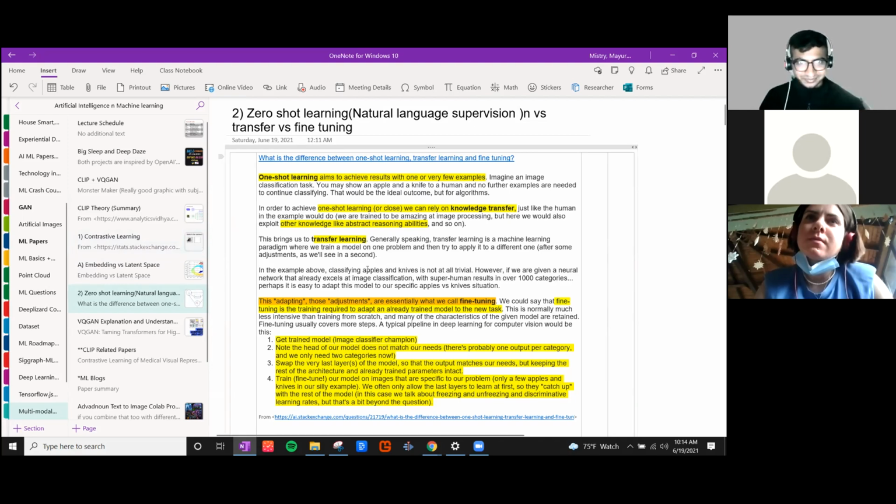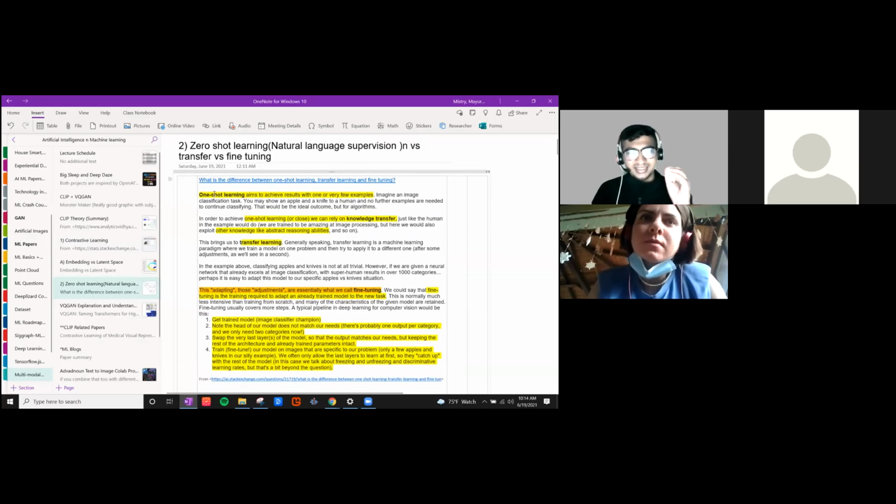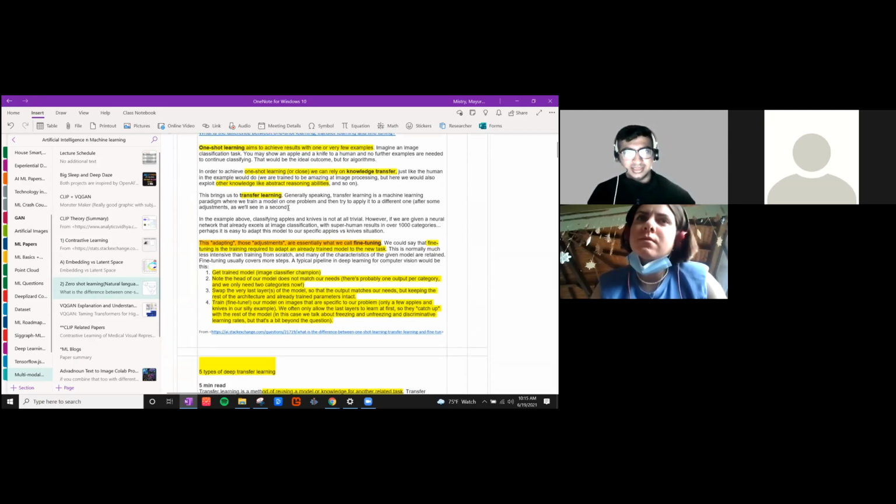But then, in brief summary, one shot is you add one or few samples in the classification task. Let's say you have an ImageNet model trained on 1,000 classes, and now for your custom domain problem, you have a few more classes, or you just want three classes of classifying furniture or buildings or something. You can add one or a couple of images and do one-shot learning. So it basically relies on knowledge transfer. Transfer learning is also,